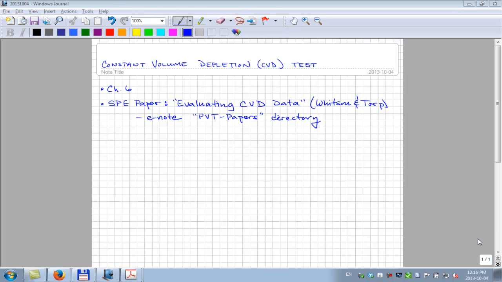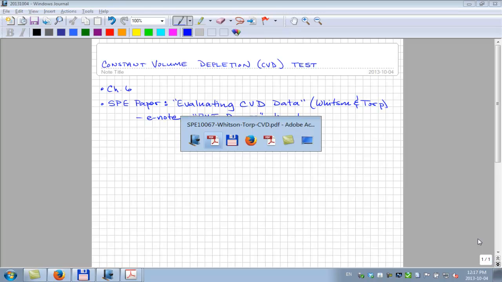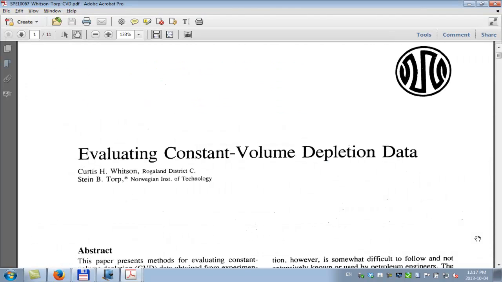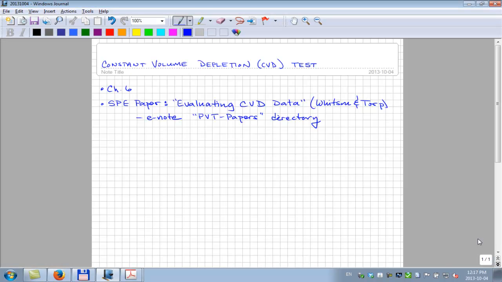And in the eNote directory called PVT Papers, there's a paper there that you probably should have a look at. It's called Evaluating Constant Volume Depletion Data. I don't think there's a lot about the experiment that's covered in the paper that's not included in Chapter 6, but this paper also gives an introduction to the next topic, which is